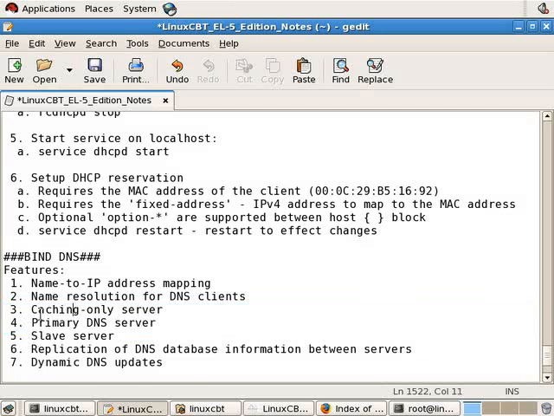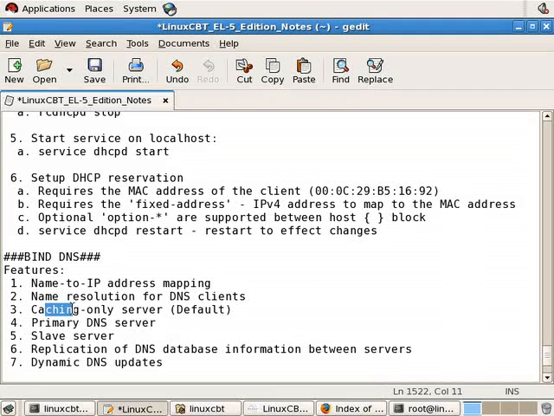In caching only mode, which is where we'll focus initially, and this is the default mode in which the server operates, the server caches queries. For example, after we've set up the DNS server and have pointed a client to it either by DHCP or via a static reconfiguration of the IP stack via the /etc/resolv.conf file, we'll perform a resolution, let's say, of linuxcbt.com, and the server will cache the results for whatever amount of time the server is permitted to cache the results,